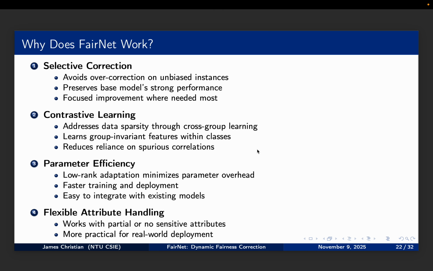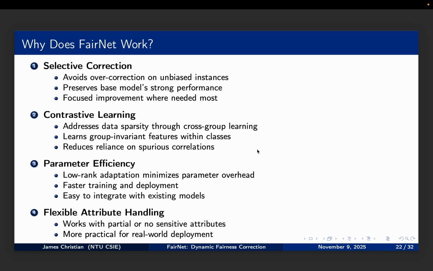So let me discuss why FairNet works. First, selective correction. It avoids overcorrection on unbiased instances and preserves the base model's strong performance. It provides focused improvement where needed most. Second, contrastive learning. It addresses data disparity through cross-group learning. It learns group invariant features within classes. It reduces reliance on spurious